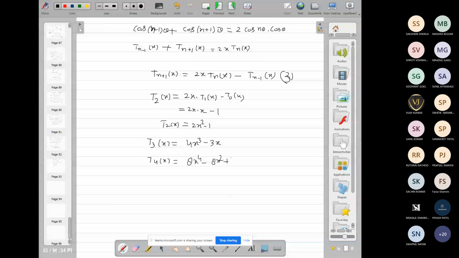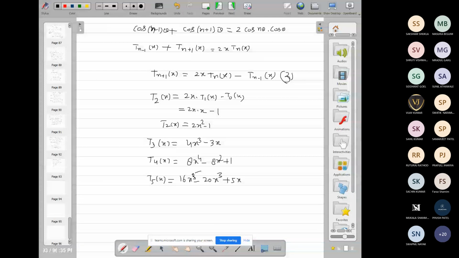So you can calculate other values also, and T5(x), no need to remember this, you can calculate with the help of 3. So T5(x) is 16x^5 minus 20x cube plus 5x,